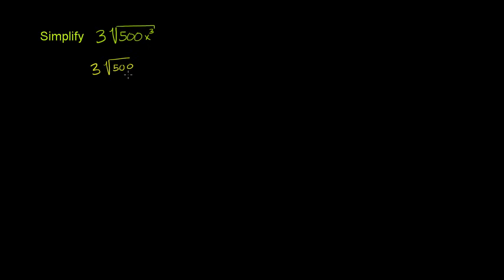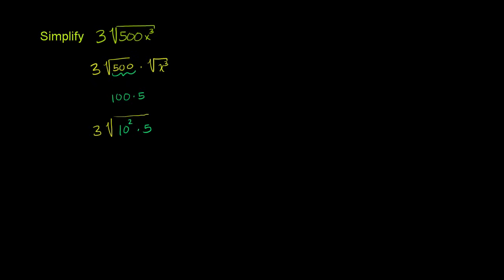I'm going to do it a little bit differently than I did in the last video, just to make it interesting. This is 3 times the principal root of 500 times the principal root of x to the third. And 500, we can rewrite it, because 500 is not a perfect square. We can rewrite 500 as 100 times 5, or even better, as 10 squared times 5. 10 squared is the same thing as 100. So we can rewrite this first part as 3 times the principal root of 10 squared times 5,